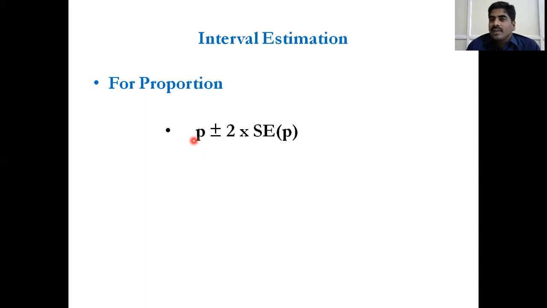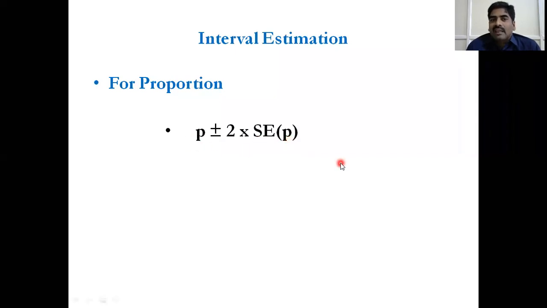P means prevalence here. The prevalences of all the samples follow the normal distribution. These proportions follow the normal distribution, so P plus or minus 2 times the standard error of P, not the standard deviation, because we are not dealing with individual observations, we are dealing with the sample statistic, that is the prevalence or proportion here. That means this interval covers 95% of the proportion values.